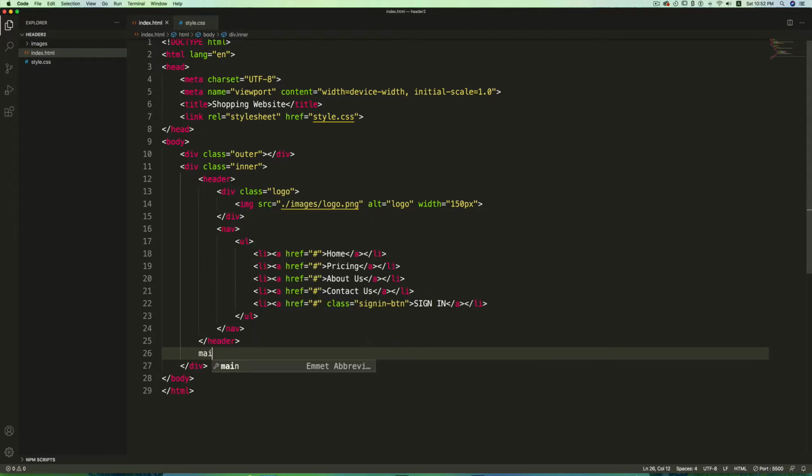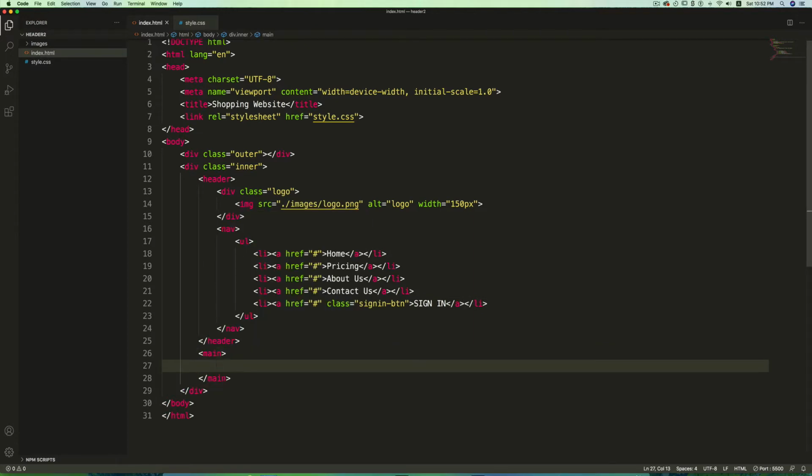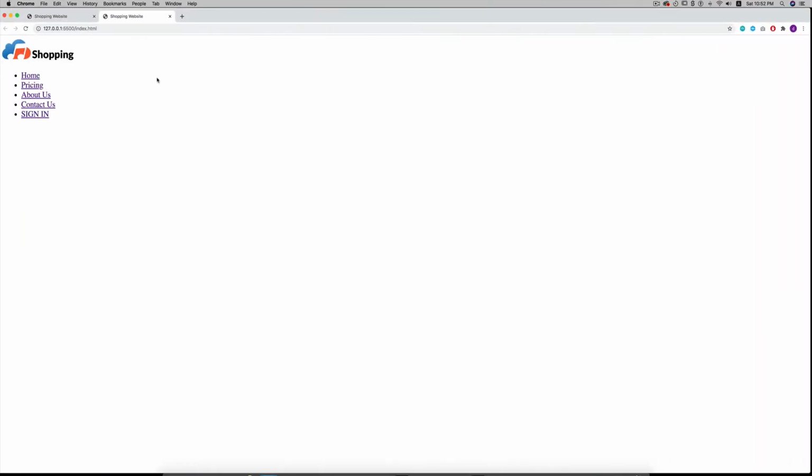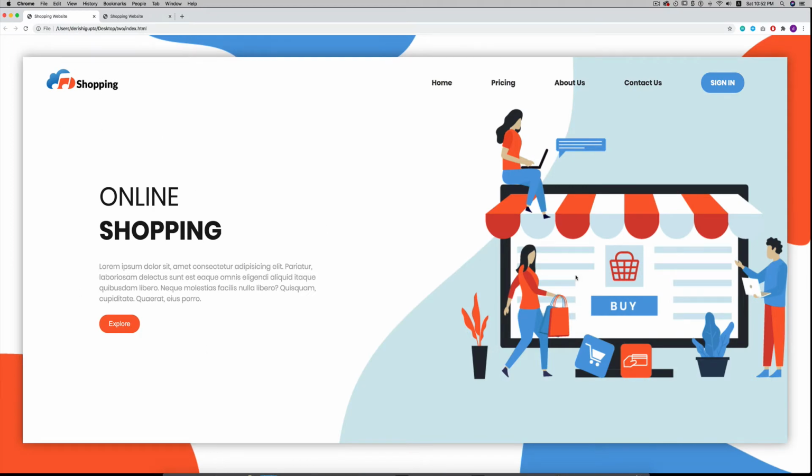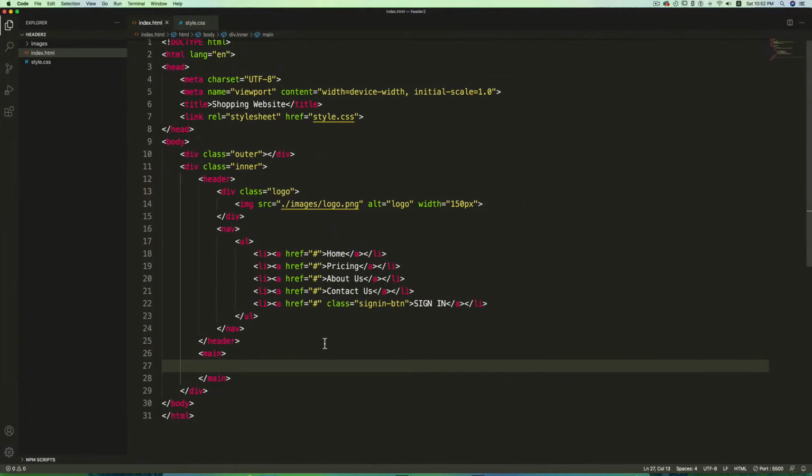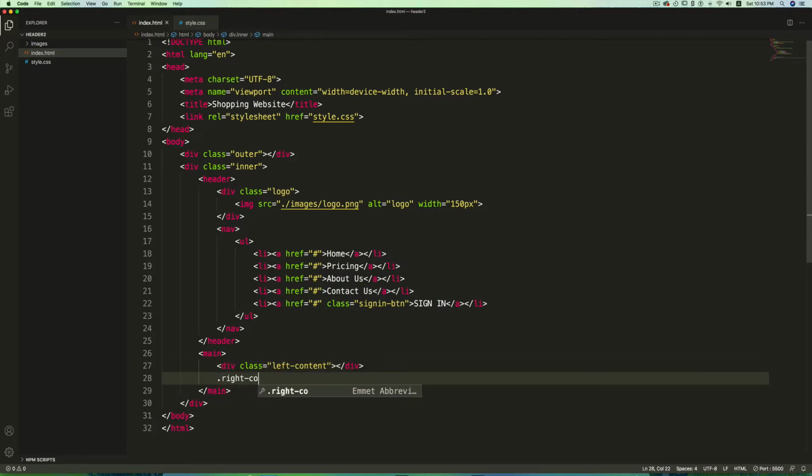We'll move on to the main section, which consists of this left part and this right part. So inside the main section, this is also a HTML5 tag, I'll create a div left content and right content.